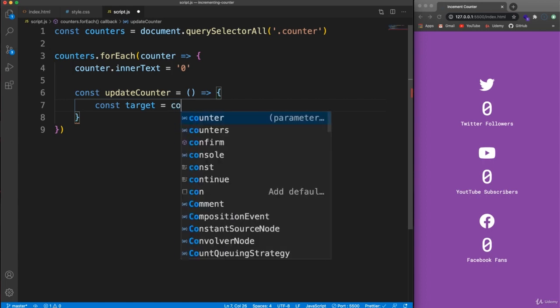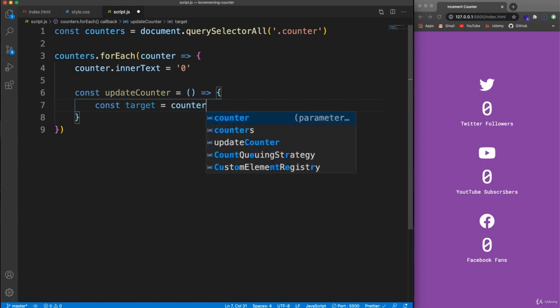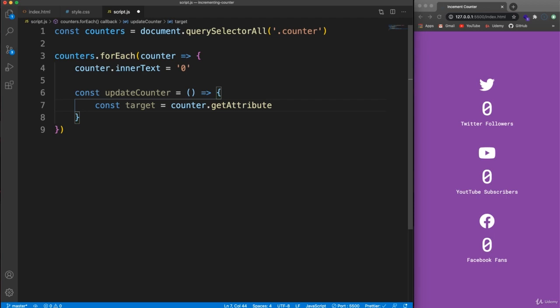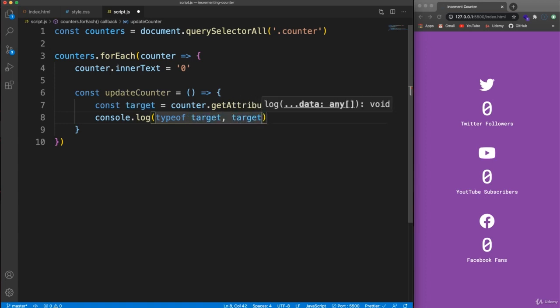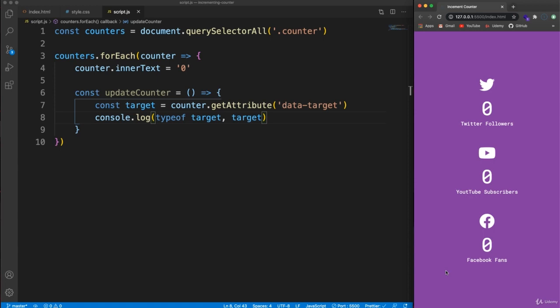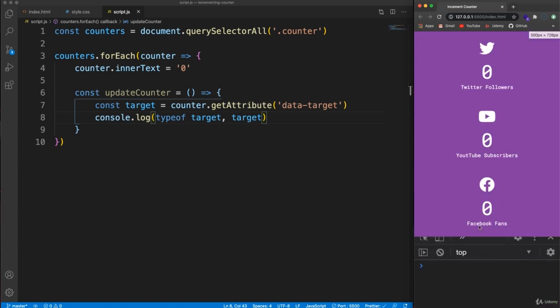So we can take the counter and we can call .getAttribute, and the attribute we want to get is going to be data-target. Now this is going to be a string. In fact, I'll go ahead and console log, and I'm going to use the typeof operator and show you what data type target is, also the value of target. Okay, so if I go down here and I open up my console, actually nothing's going to show because we